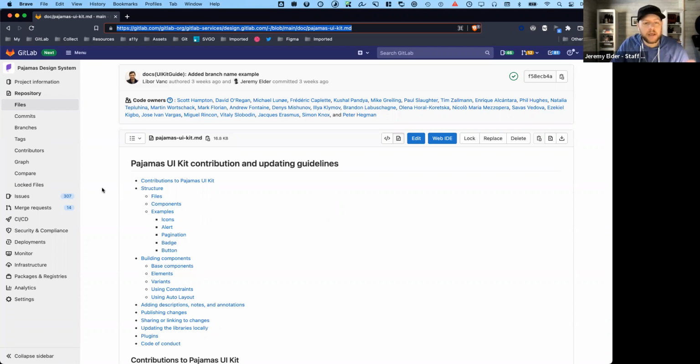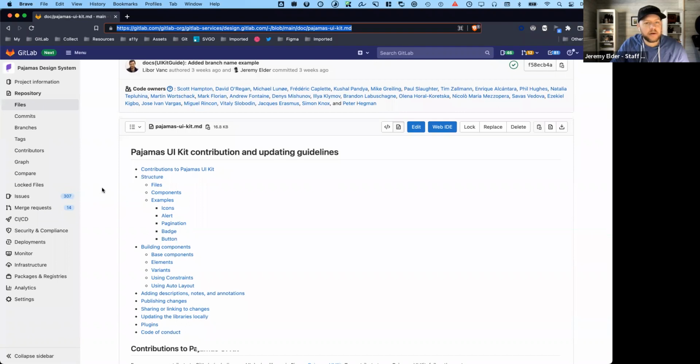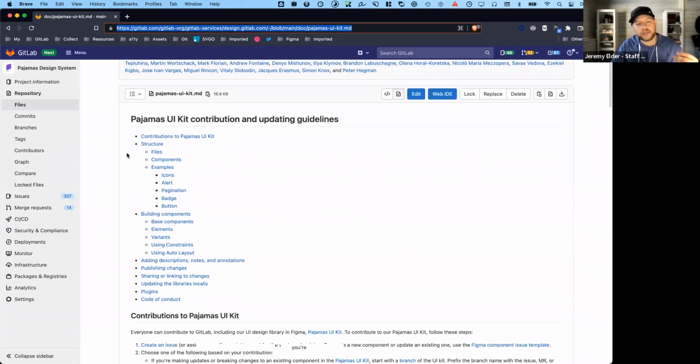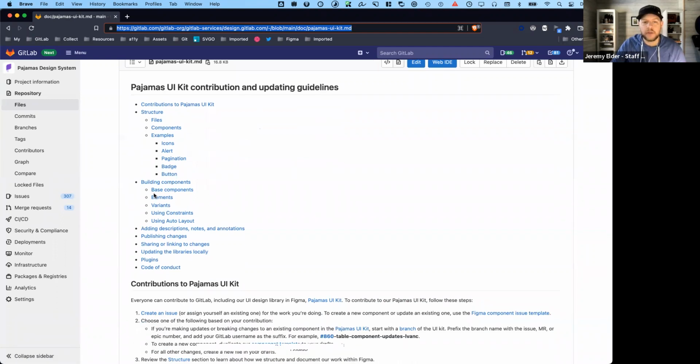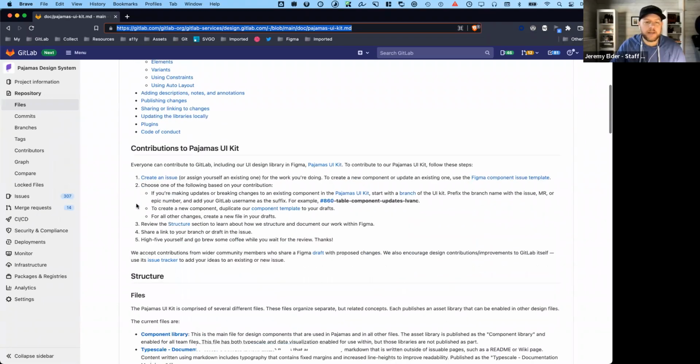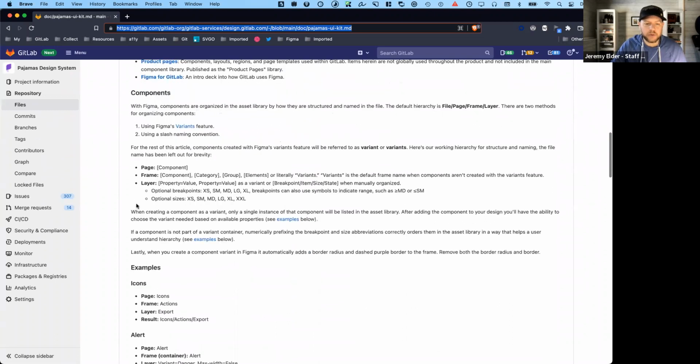But in this doc, there is information about structure, like how we're structuring files and how we're building components, and that does go into the base component, elements, variants, constraints, etc. And then there are some other items in there that we don't have to get into today, like descriptions, notes, and publishing. But I'll just jump down to